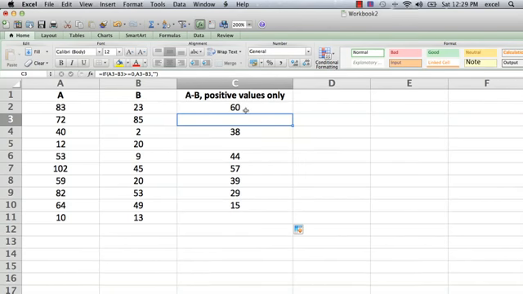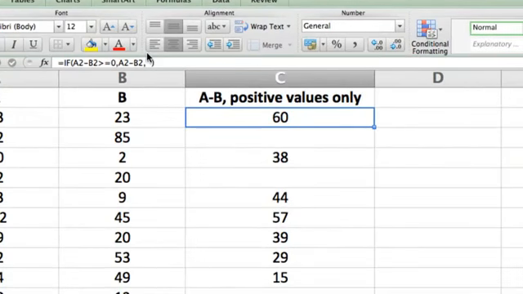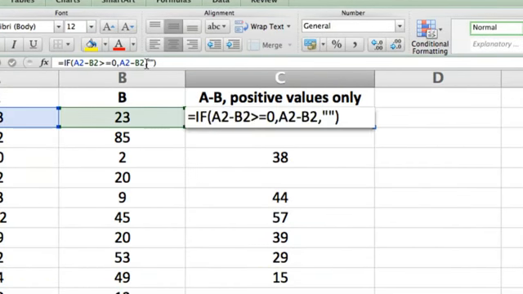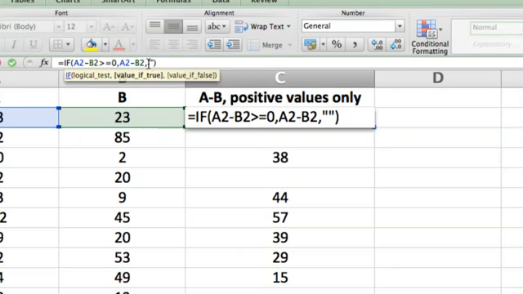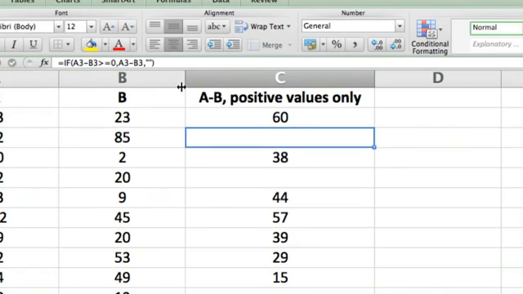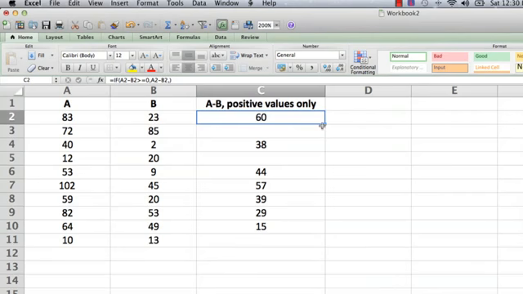Now, you may wonder, what if we just go up here, and instead of the empty text string, we just leave nothing as the last thing in the if statement? In other words, if the if statement is false, and you can do this in a formula, we just have nothing in the formula. So let's try that and see what happens. We do that, and when we drag the formula down,